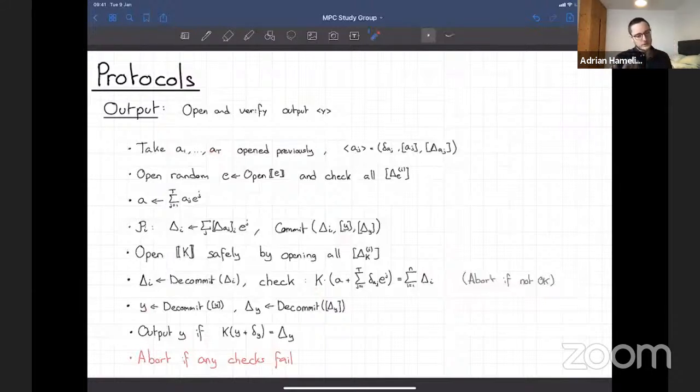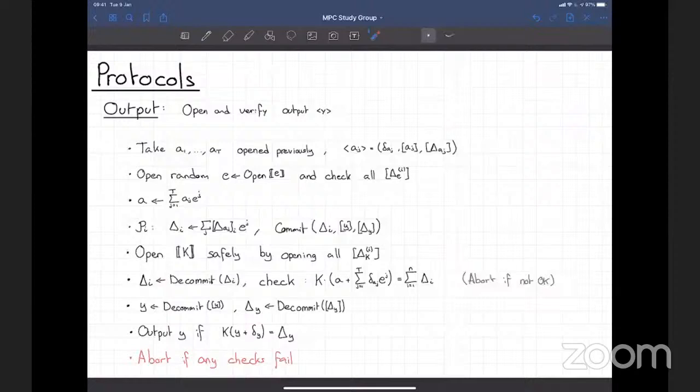One way to see it is that, for example, if you've got a really simple circuit, which is just an addition, and all parties except for one act maliciously, sending a share of 0 instead of their actual share, then the output would simply be the honest party's private input, if that makes sense. So the Y here might contain information which would reveal something about the honest party's input.